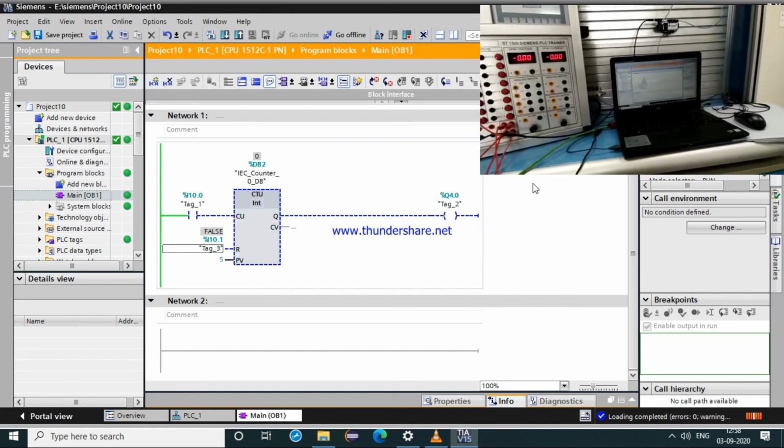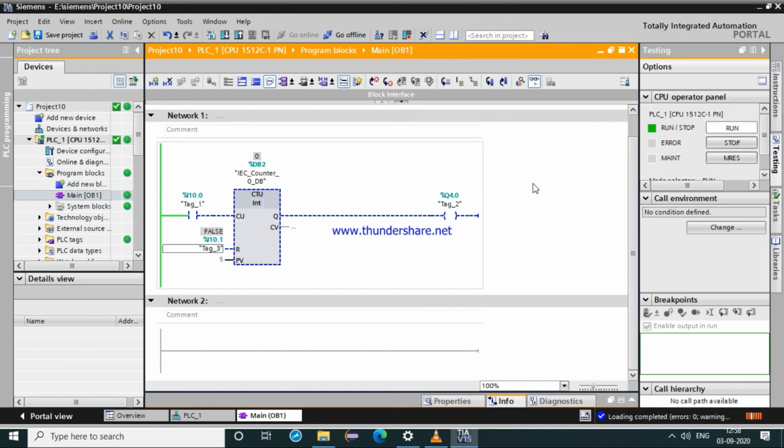So this is the functioning of our counter. These are the few basic and important functions used by industries. So we will go offline.